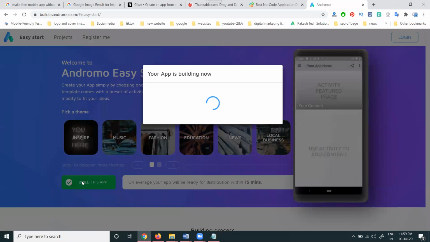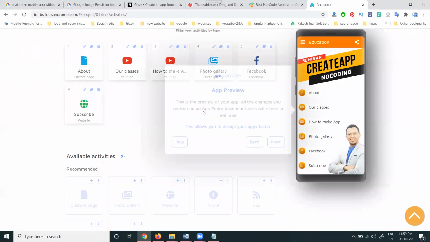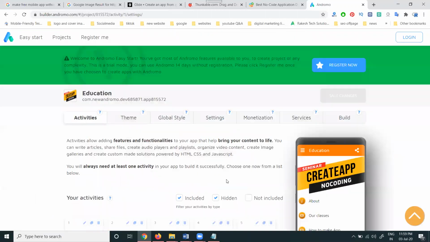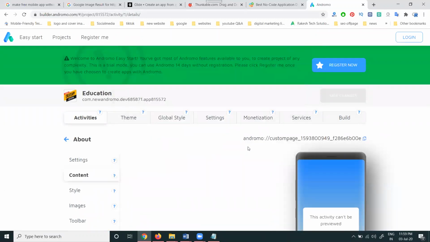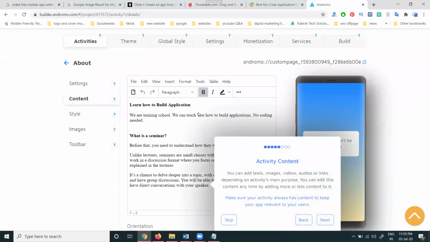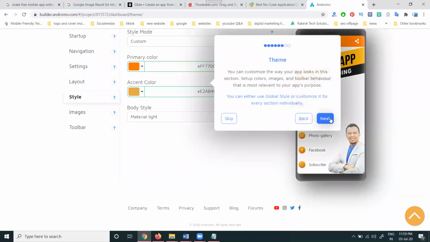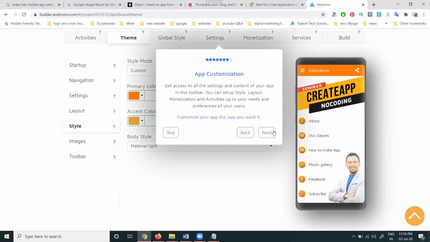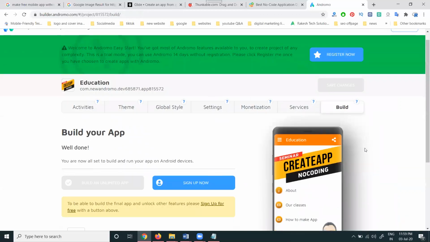So they will start the app on the particular website. Next, start. What are the things you can show here? This particular option is given. What information will be required? Add the information here. So these are all the activities we have to show for the particular app. Here, choose the theme, click next, then click finish.